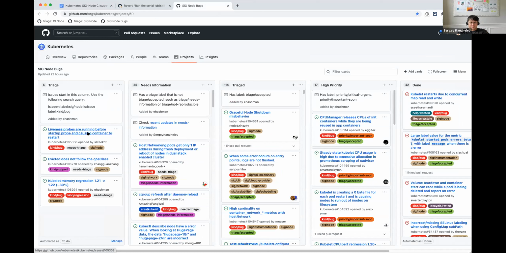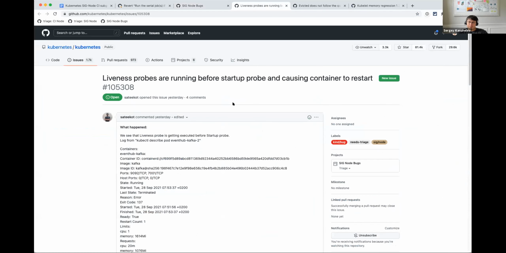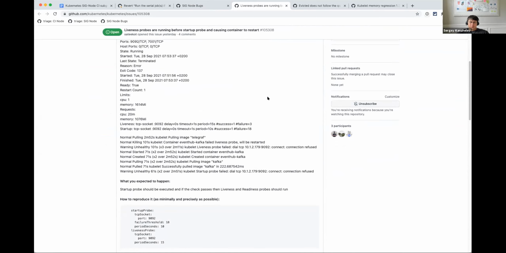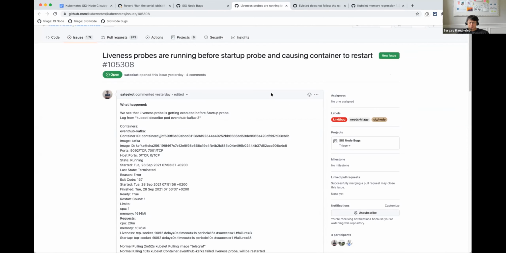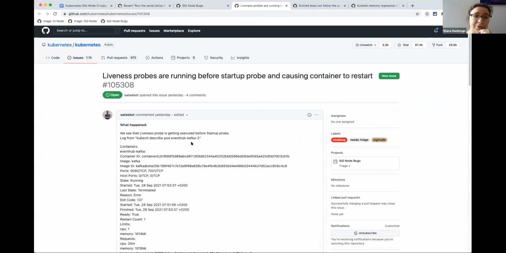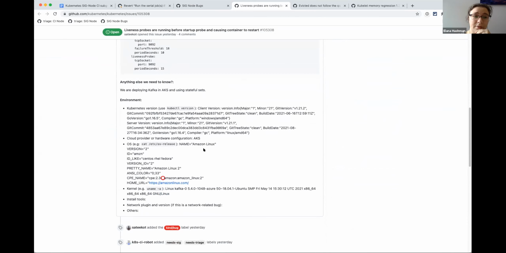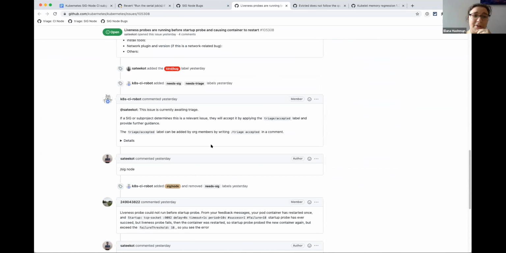Okay, let's look into bugs. Liveness probe running before startup probe. Yeah, we need Matthias here because I think Matthias already fixed that. What version of Kube is it? Yeah, I'm trying to understand. 1.21, no. Assign this one to me and triage accepted. I think it's fixed already.